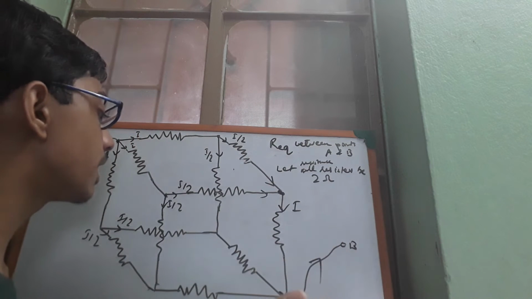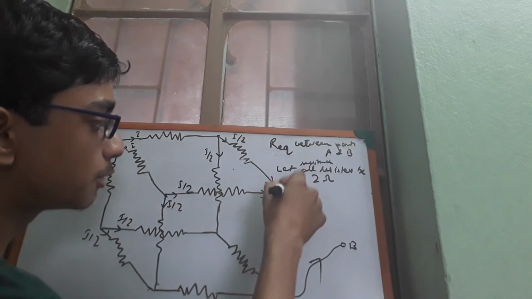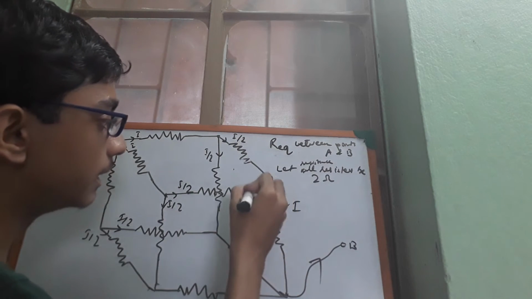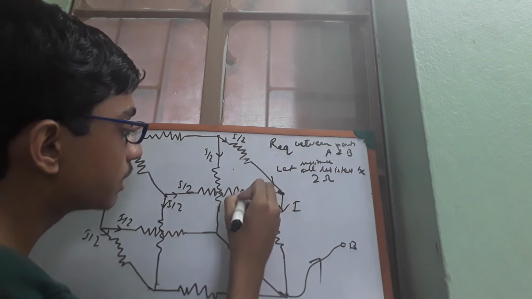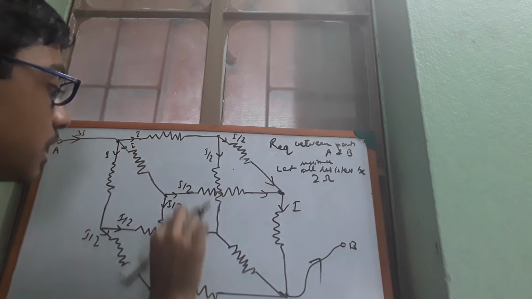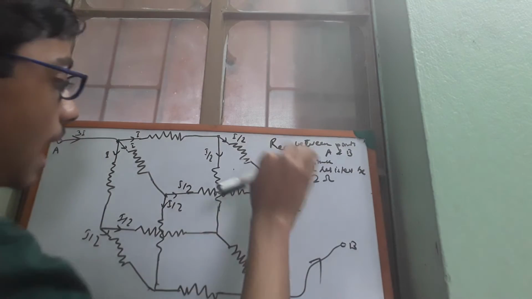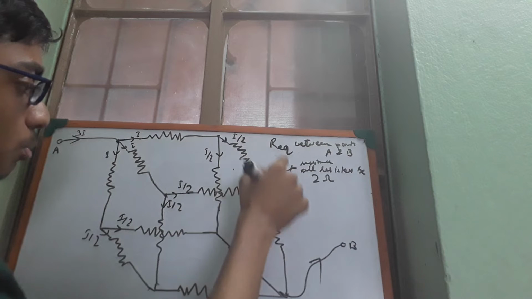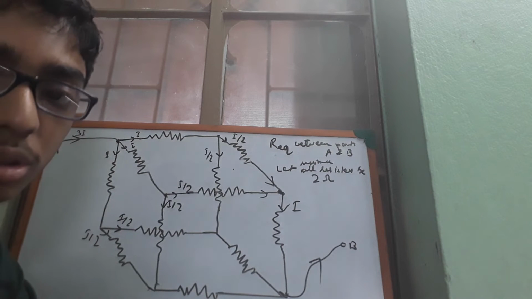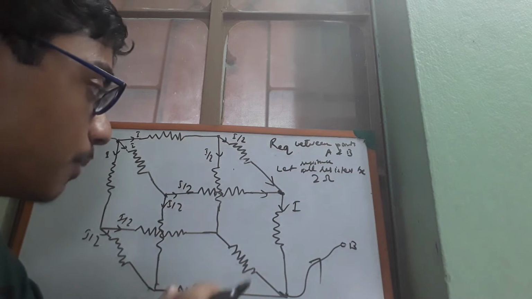Now many students actually get confused. They just think that at this point the current is again having two paths, so in this direction I by 4. No, don't do that. Because see, why will we not do that? That's a good question. Because we have an I by 2 current from here, and at these two points both have equal resistors, so the current shouldn't have any preference. No, I should take this path.